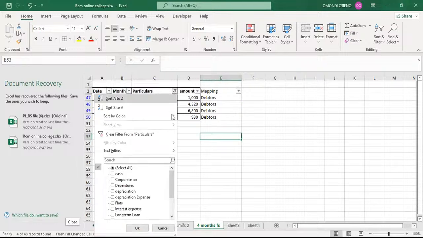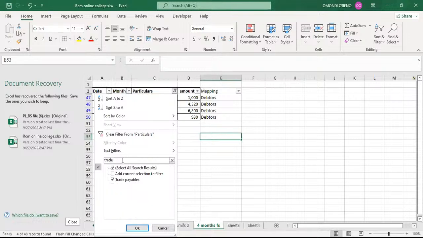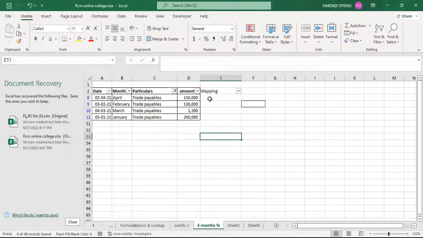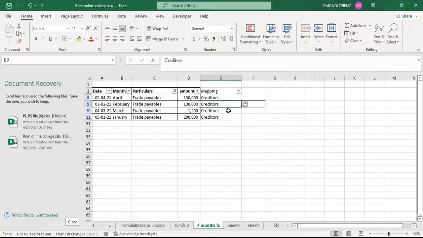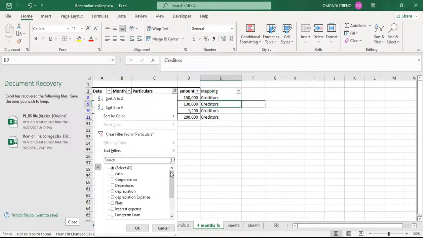The next item that I've also seen there is trade payables. So trade payables, we can call them creditors or maintain the name. So let's have creditors there. There is also another item that we have not picked, that is